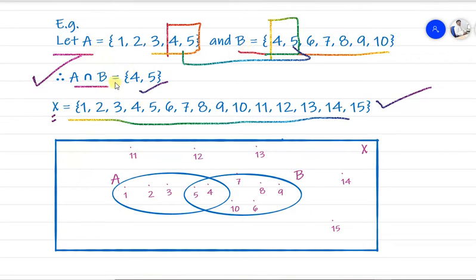If there are three sets, then A intersection B intersection C, we have to find all the common elements between these three sets. Whichever elements are common in all three, that will be the result. Suppose there are common elements in only two sets and not in the third set, then don't consider those. In that case we have to consider the common elements from all three sets. Getting my point? Otherwise, if there is no common element, then we have to write the empty set, that is the null set. Getting my point? So in this case, we have common elements 4 and 5.